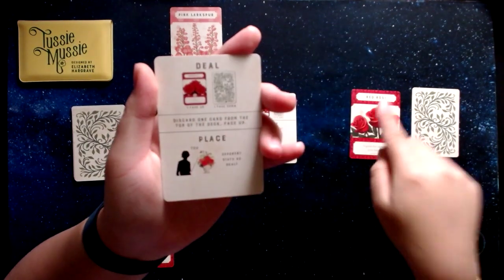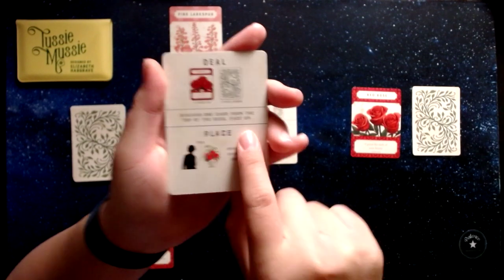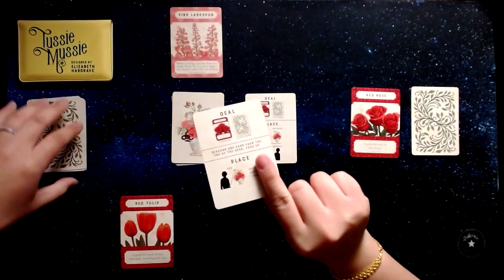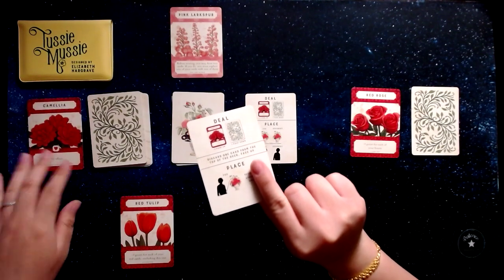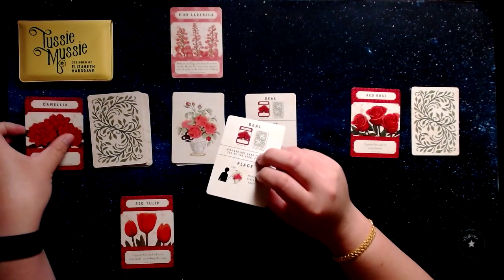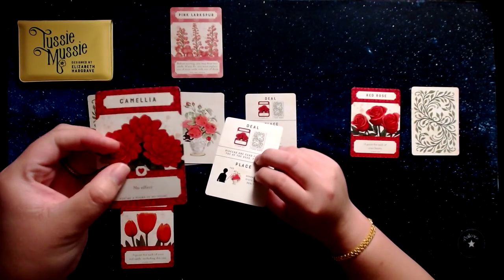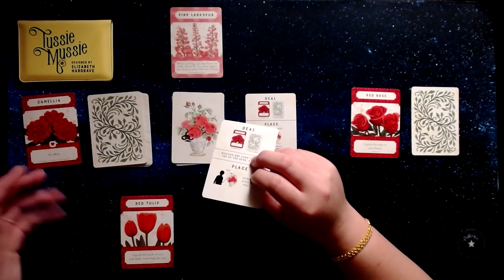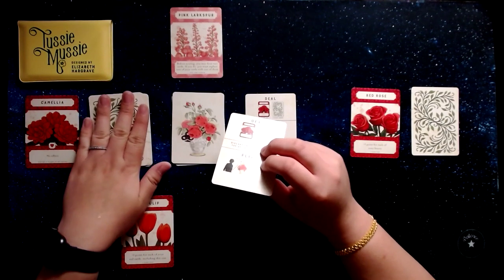So the deal I dealt face up, face down, and then it says discard one card from the top of the deck face up. So I'm going to discard one card face up. If I had known all of these cards and what they do, I understand that Camellia, which has no effect and provides one heart, what that means to me: I may be able to build a strategy knowing that this card is no longer in this deck for me